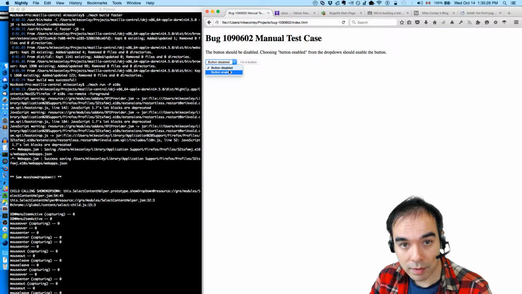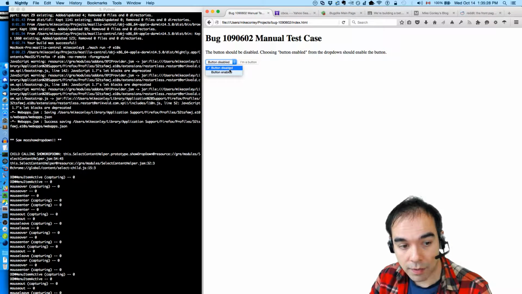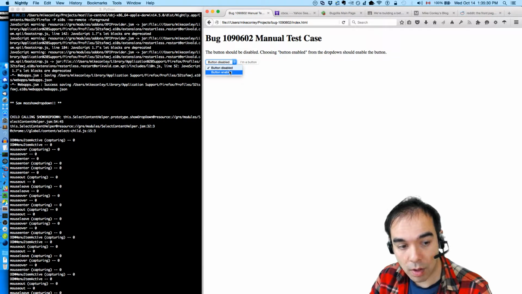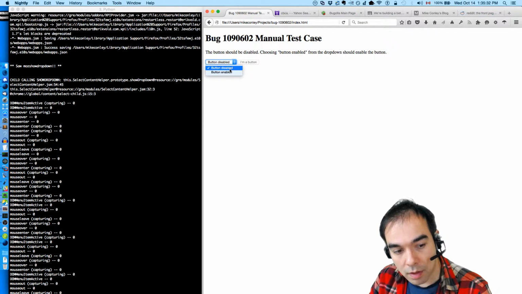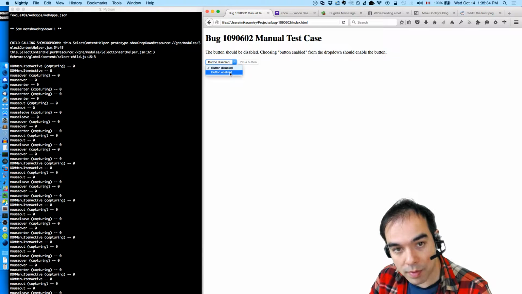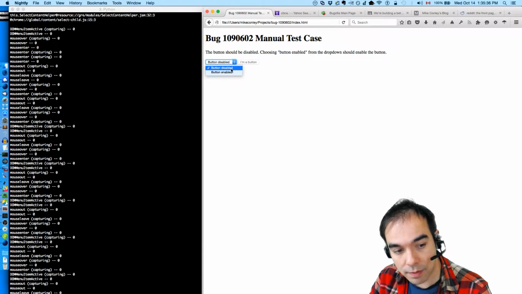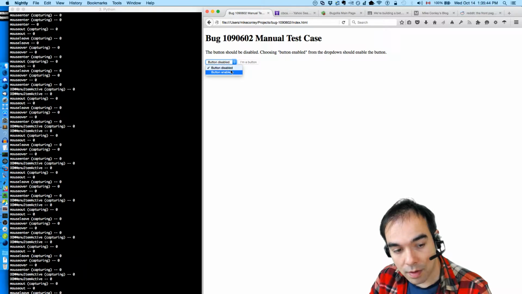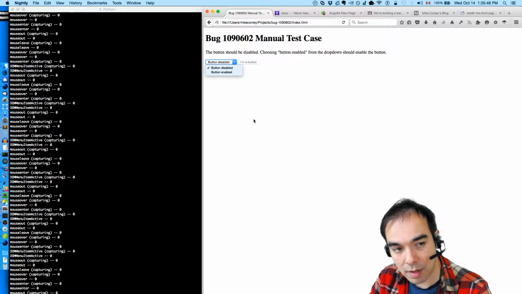It's fired at the end, it looks like. After all of the mouse out, mouse leave, mouse over, mouse enter is fired, then DOM menu item active is fired. After mouse enter. That's probably okay.